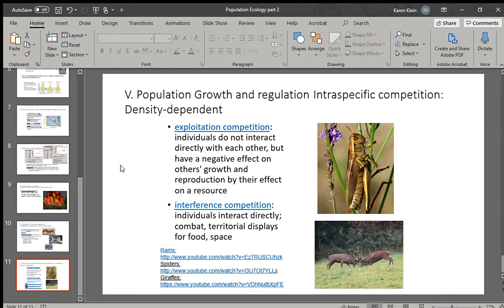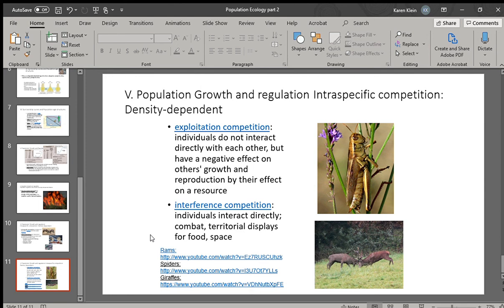Now in nature films, you see individuals fighting with one another. Holy smokes, and they are sparring. It is quite dramatic. What you have is when there is a resource that is limited, for instance food or space or mates, you have those individuals fighting one another over that particular resource. I don't think I have a learning activity that questions you about this. Here are some really cool links to interference competition,